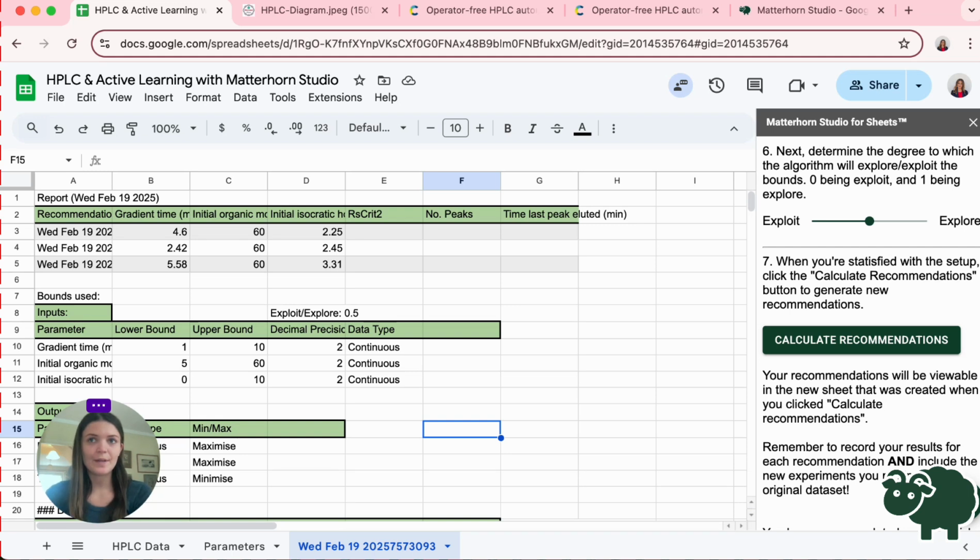So now the Matterhorn plugin has used active learning, so Bayesian optimization, to analyze our results from our previous experiments and suggest new experiments predicted to improve our results. And you can see here that a new sheet has been generated, and this will show our recommendations that the algorithm has given us for new experiments to try. So what you'll next do is you'll go into the laboratory and try out these new experimental conditions and record your outputs and then feed that back into